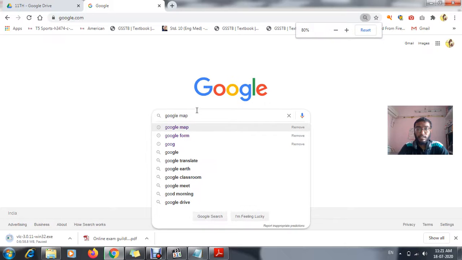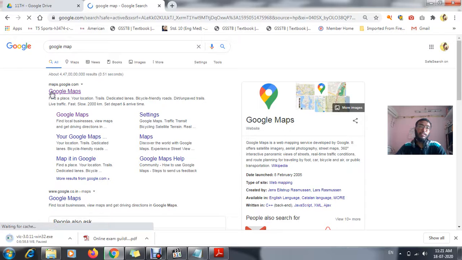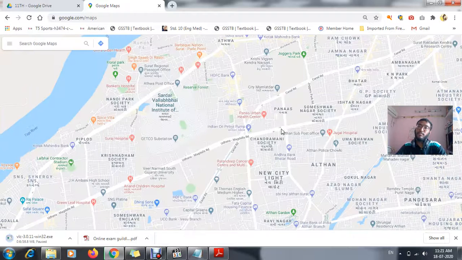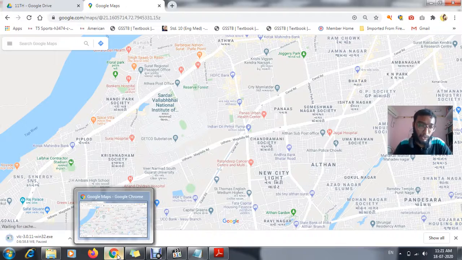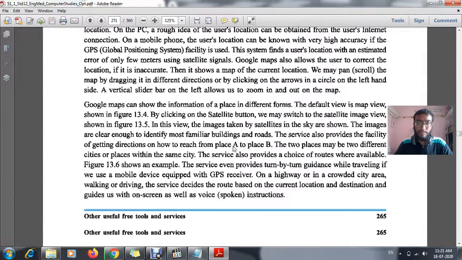After writing this, just click on the enter or search button, select this, and automatically it will go to that particular area. Google Map started. These are two ways where we can open this particular map.